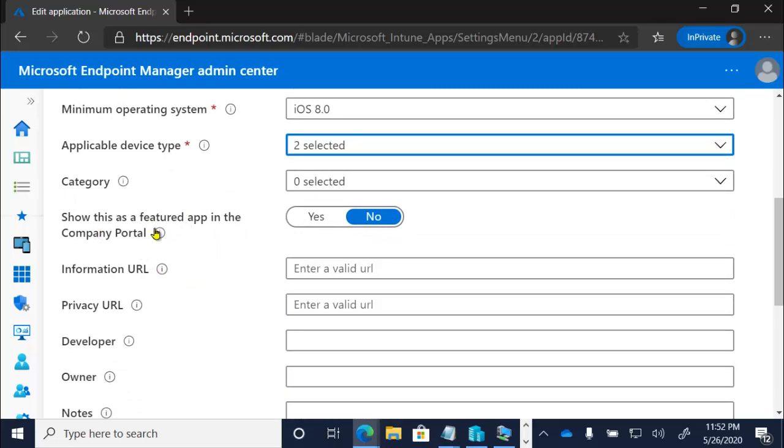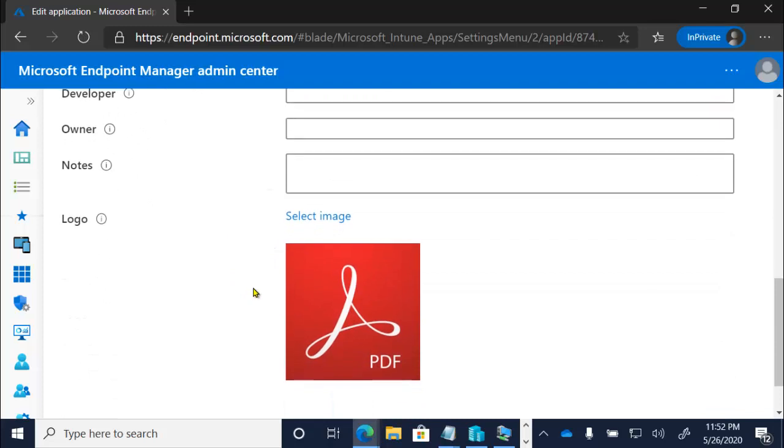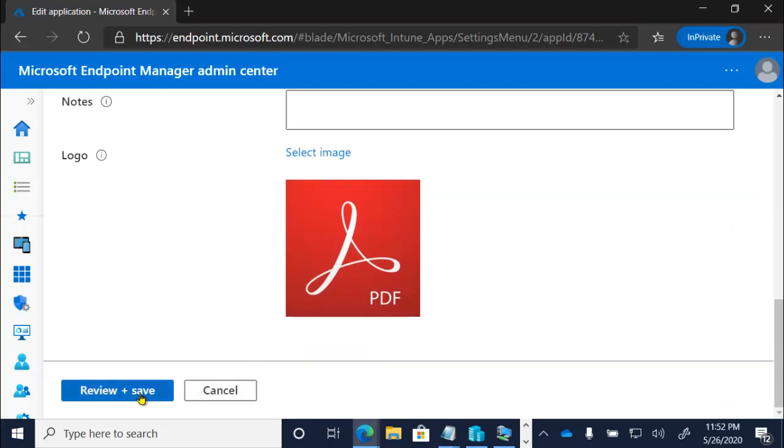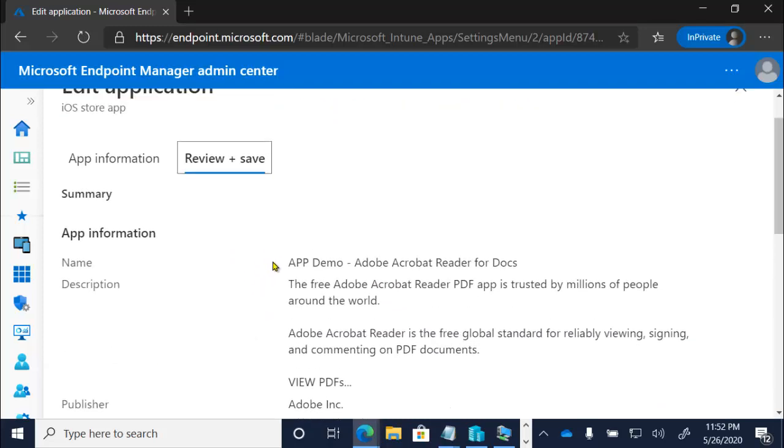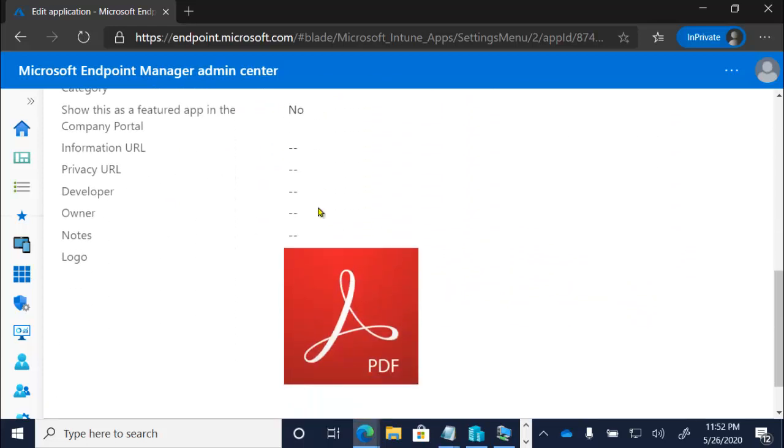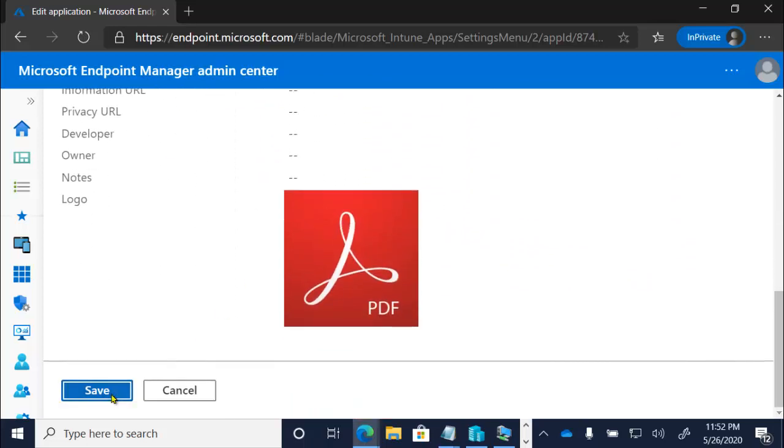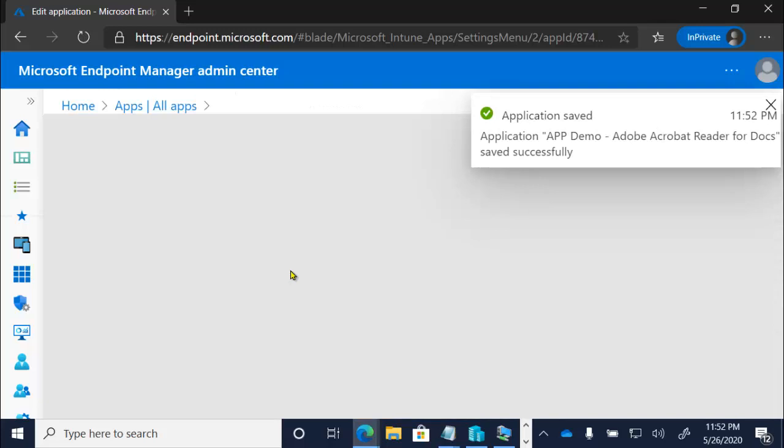So show this as a featured app in the company portal. If in fact you're going to deploy it to the user as available in the company portal, you could choose that. Other things that you can put in. Here's the icon that will show up. So I can review and save that. Now, other options in here as I scroll down, let me save, would be to